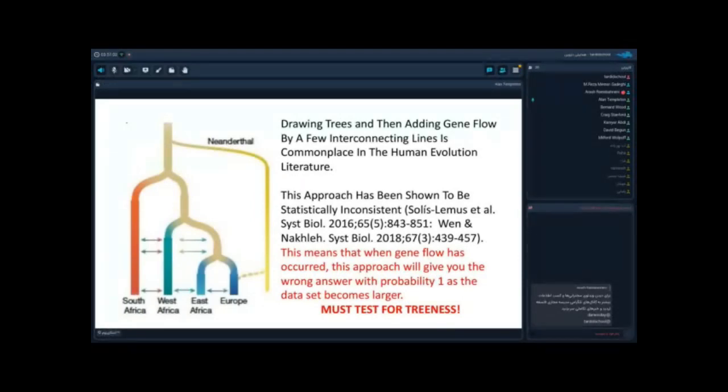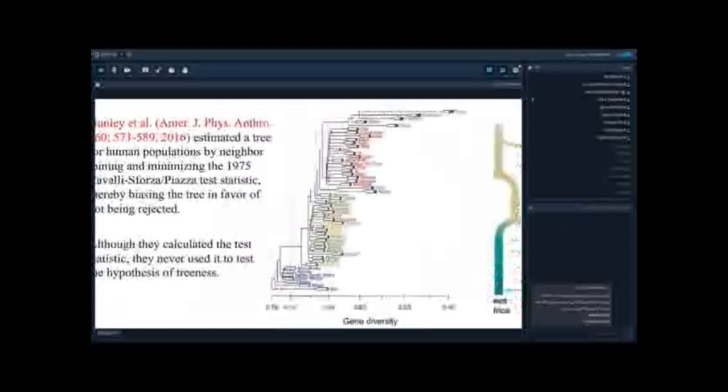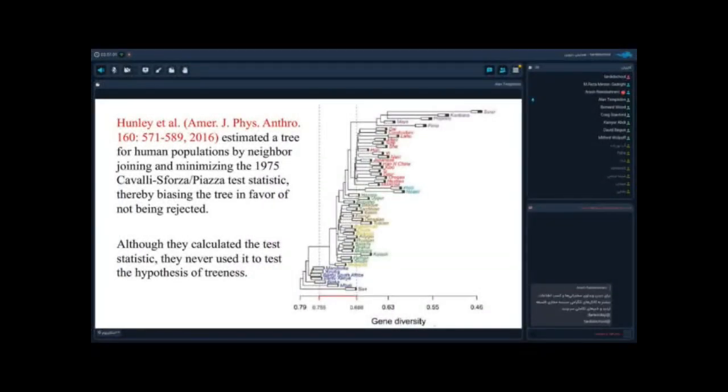And fortunately, there are tests for doing that. So for example, here is a tree that was published in 2016 by Hunley et al. And they estimated this tree of modern human populations by neighbor joining. But then they went back all the way to 1975, where Cavalli-Sforza and Piazza suggested a test statistic for